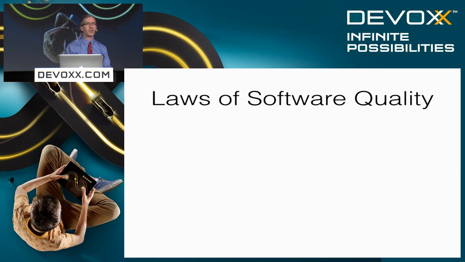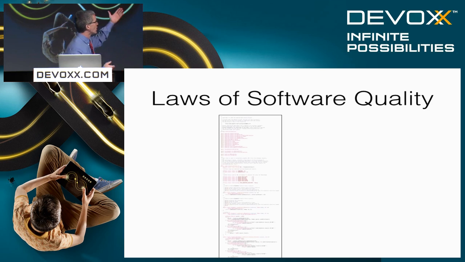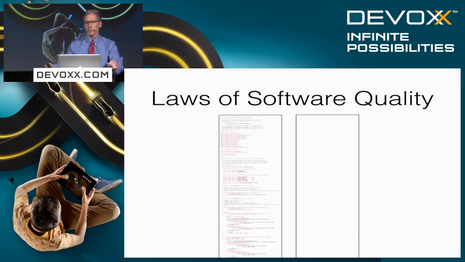So let's take a look at an example of that. This is taking a look at some code that was written for a client site here. We have this file in which we have a certain amount of code. There's fields, there's comments, there's methods. There's not nearly enough comments for my taste, but there are some in there. And then let's take a look at a second file in which we have nothing.